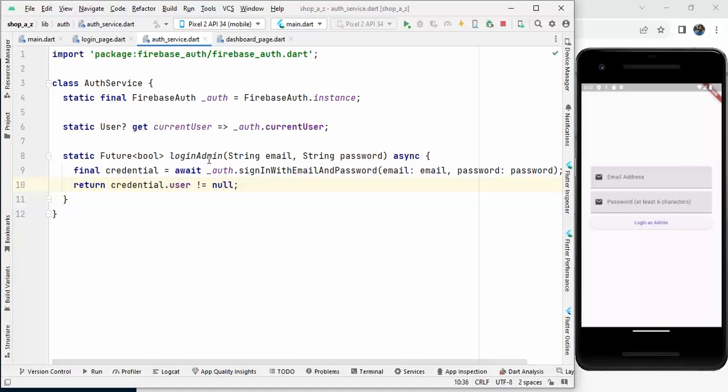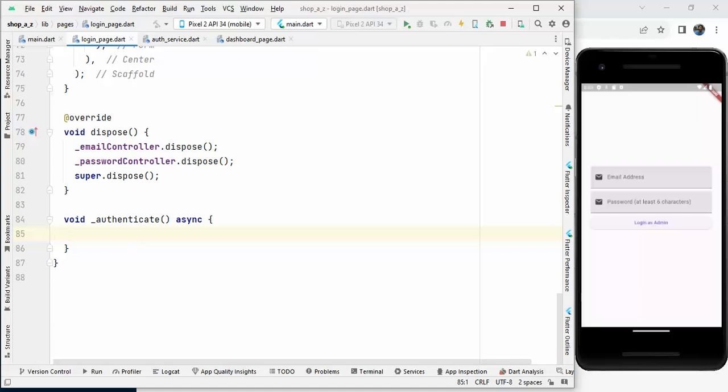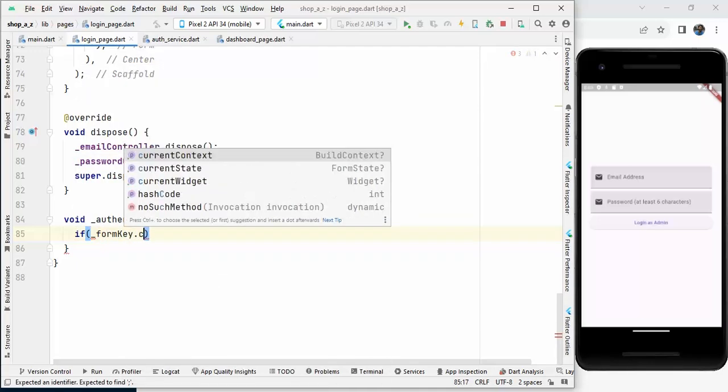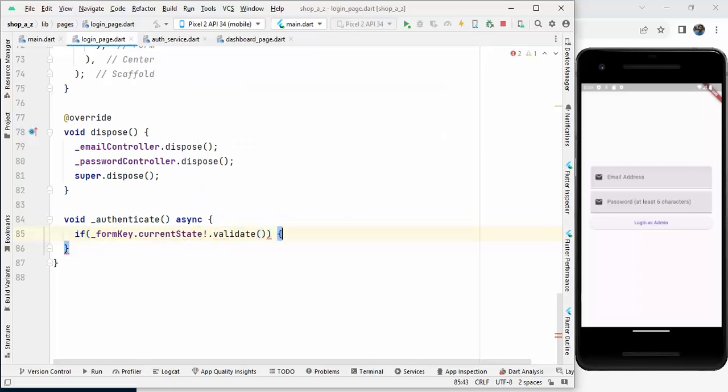So let's now use this loginAdmin method in our login page. Let's go to the authenticate method over here. Inside the authenticate method, first of all let me call the form key's current state and call the validate method to make sure that these two text form fields are not empty. And if they are not empty, then we should provide EasyLoading, or the loading dialog, that should say please wait,